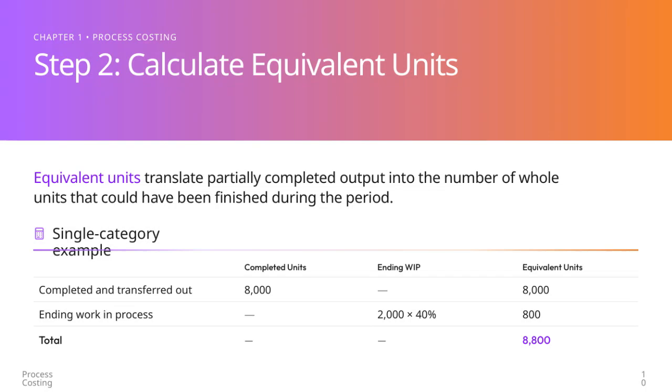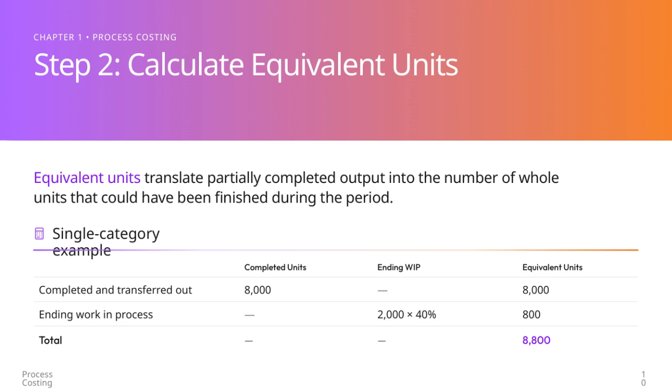Now, let's focus on the concept of equivalent units, which is essential for process costing. Equivalent units help us translate partially completed output into the number of whole units that could have been finished during the period. For example, imagine we have completed 8,000 units and an ending work in process inventory of 2,000 units